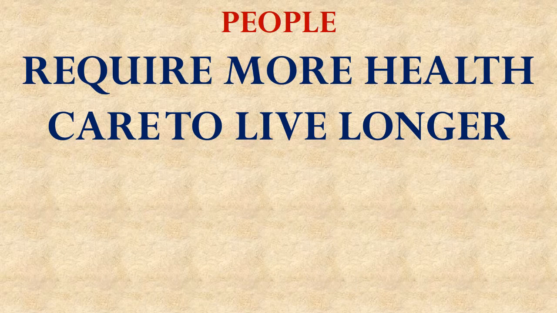See, people require more health care in order to live longer. That's what's happening as people grow older and older in society. Remember when we talked about Social Security in the previous lesson, we said that the average person only lived to be 63 when Social Security was started. Then by 2010, they were living to be 79. Well, as those people get older, they require more and more health care to sustain them. So not only are they living longer to draw on health care, but the health care they require becomes more and more expensive the entire time.